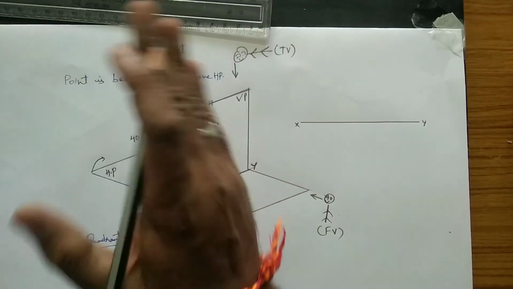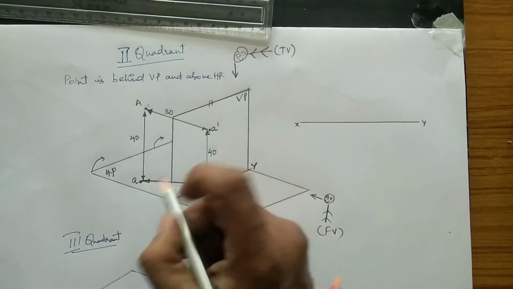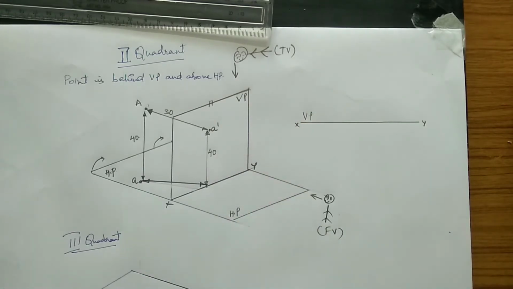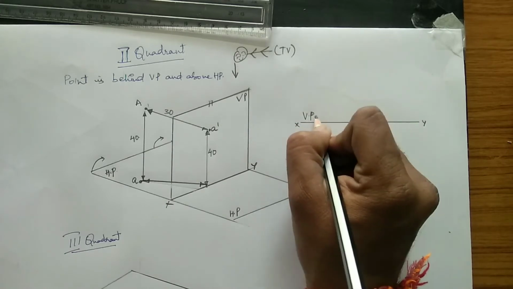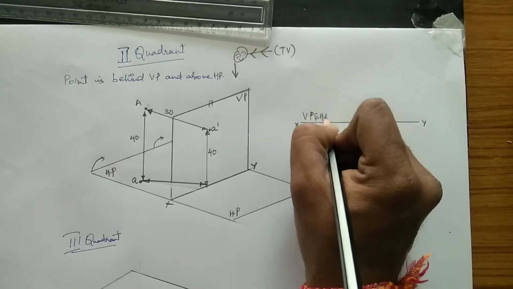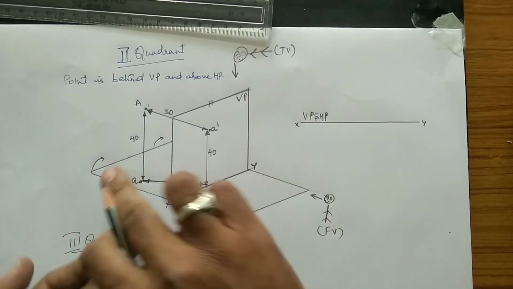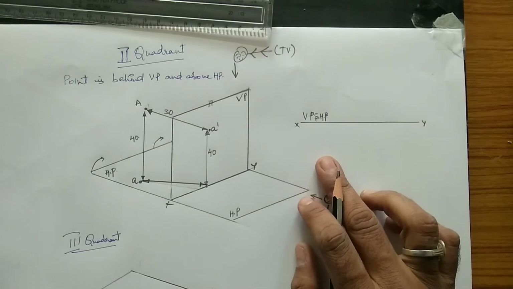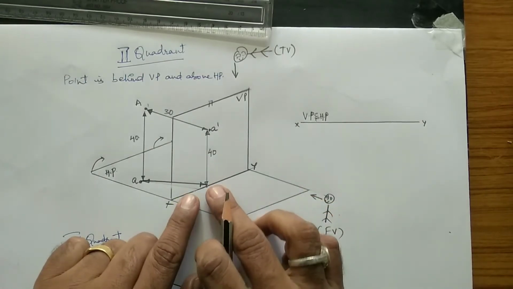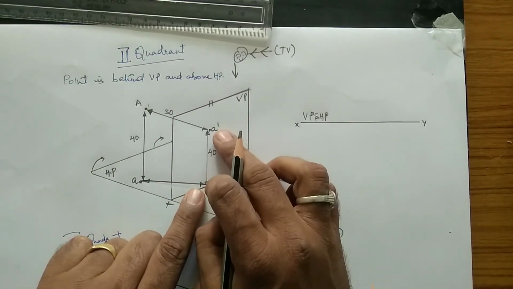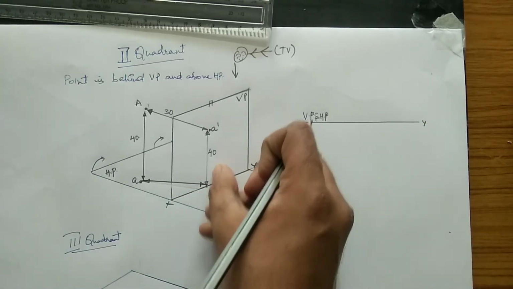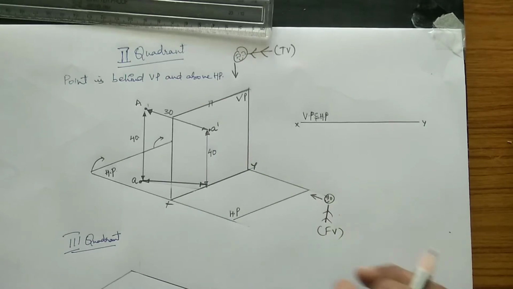Now when you rotate it, both projections will be above the reference line: the vertical plane projection above the reference line, and the horizontal plane also above the reference line, as it comes and joins with the vertical plane. Now how do we go ahead for drawing? First draw the dimensions at the height at which it is projected. Let me go with the vertical plane projection first.